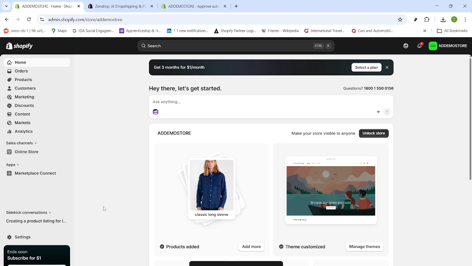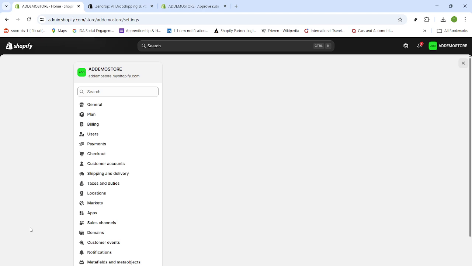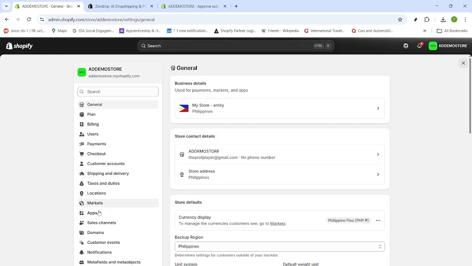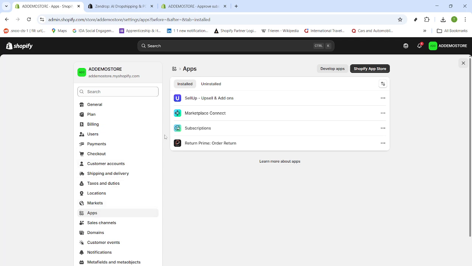If you don't see the uninstall option, make sure you're viewing Zendrop from Settings under Apps and Sales Channels rather than inside the app interface, and confirm your account has permission to manage apps. A quick page refresh or trying a different browser can also help if buttons aren't appearing. After confirming the uninstall, watch for a confirmation message in Shopify and check the email associated with your store for